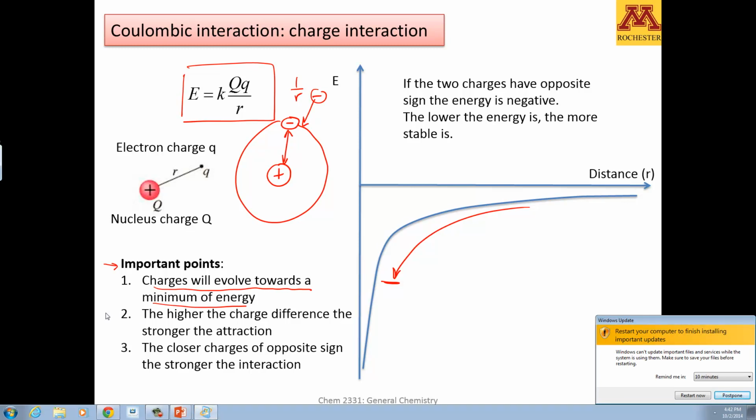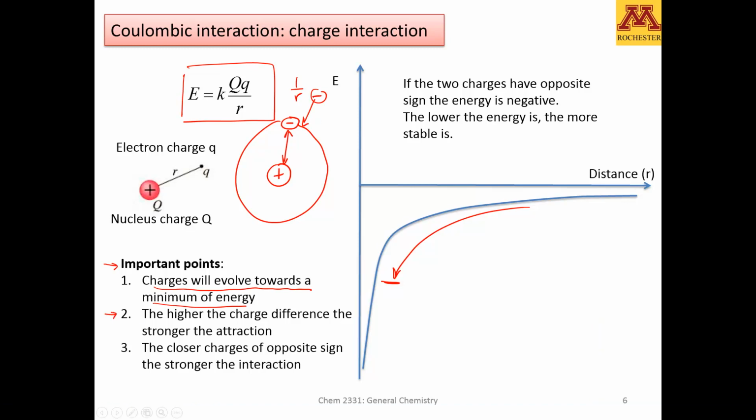Another important issue is that the higher the charge difference, the stronger the attraction. So this means that if the nucleus, instead of 1 plus, is 2 plus, like the nucleus of helium, this interaction becomes stronger. So this means that probably your electron will get a little closer because we have increased the charge in the nucleus. Okay, and finally,